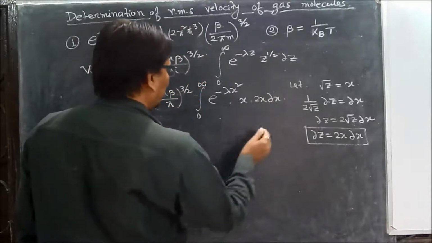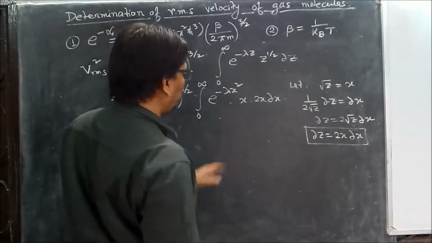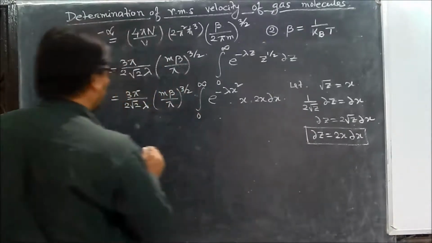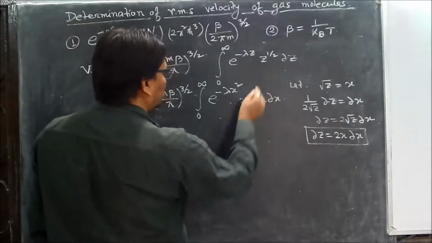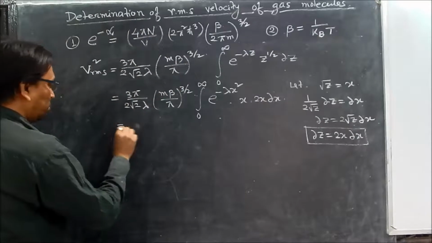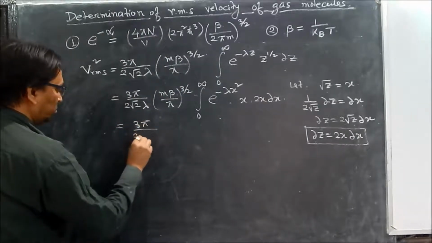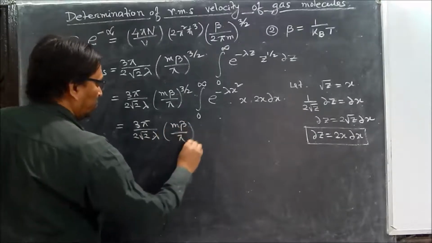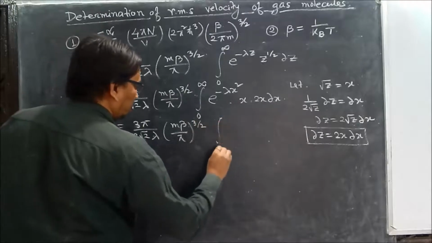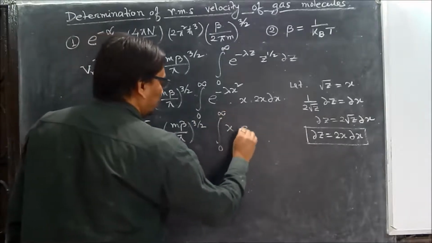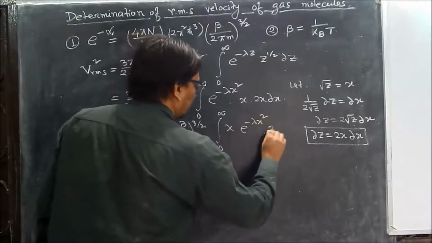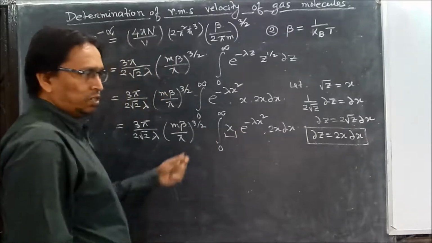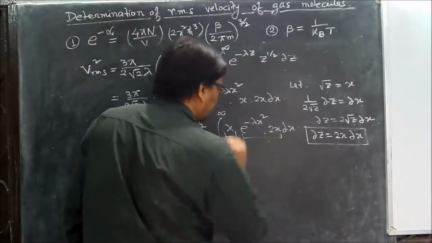Okay. So now let us take, this is actually 2x squared. Okay. So this one. Okay. So this is x. Okay. So this x and this is 2x. Okay. So now you make it like this, and this is m beta by pi whole to the power 3 by 2 0 to infinity x e to the power minus lambda x square and 2x del x. Now you see, let us take this as a first function and this one as the second function.